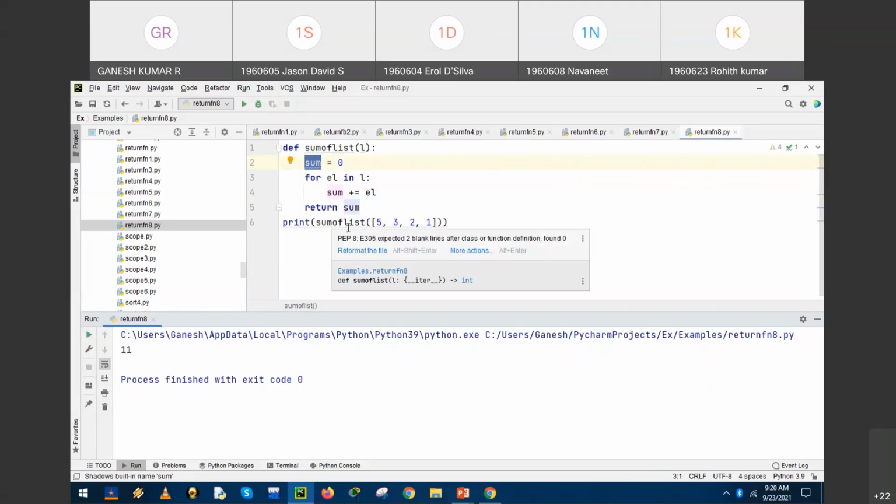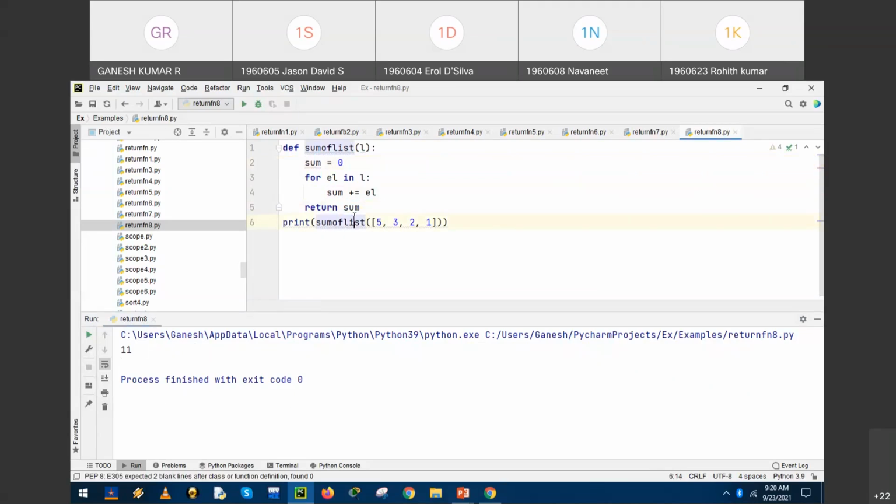So the second return variant is extended with an expression: return followed by the expression SUM. So for a variable element in the list, what is L? L is a parameter inside the function definition.